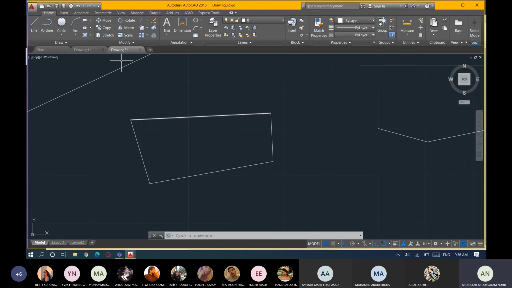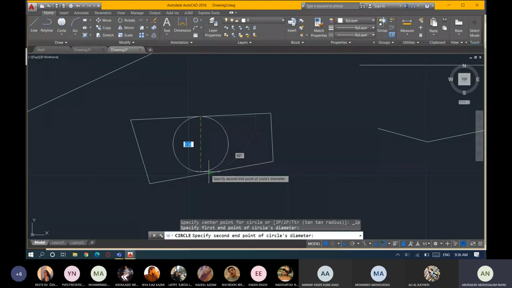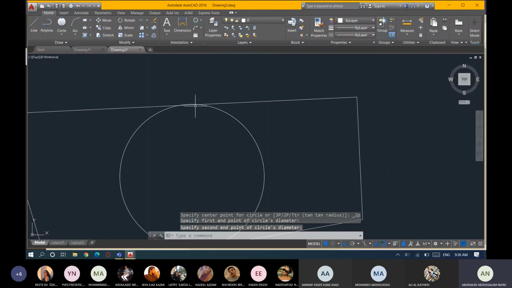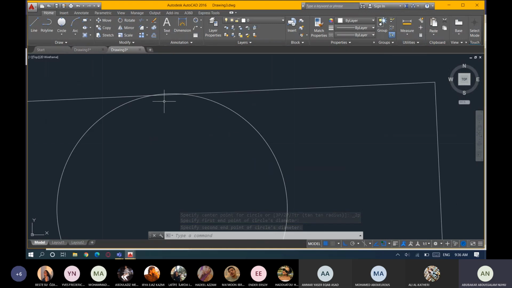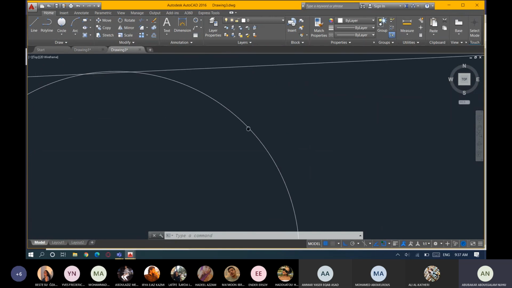Let's see it from here. Say I want to draw a circle with 2 points. All I have to do is come here, click from the center of this place, click here. I will be able to draw the lines in this manner. Okay, guys? But you see here, we are having a bit of difficulty starting it as a tangent. Why? Because of the